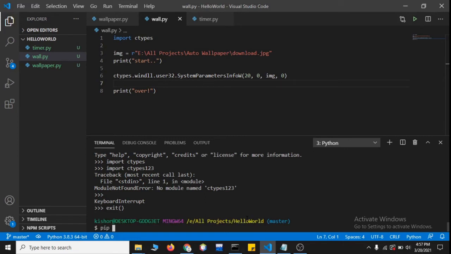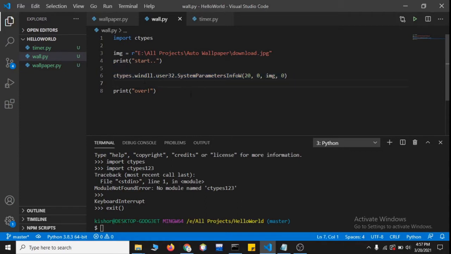We can just type exit like this, or Control D to exit out. And then in terminal we have to just type pip install sheet types. Okay, and if we press enter, then it will download. I already have that one, so I'm not going to install it again. And the same line I'll add in the comment or in the description.